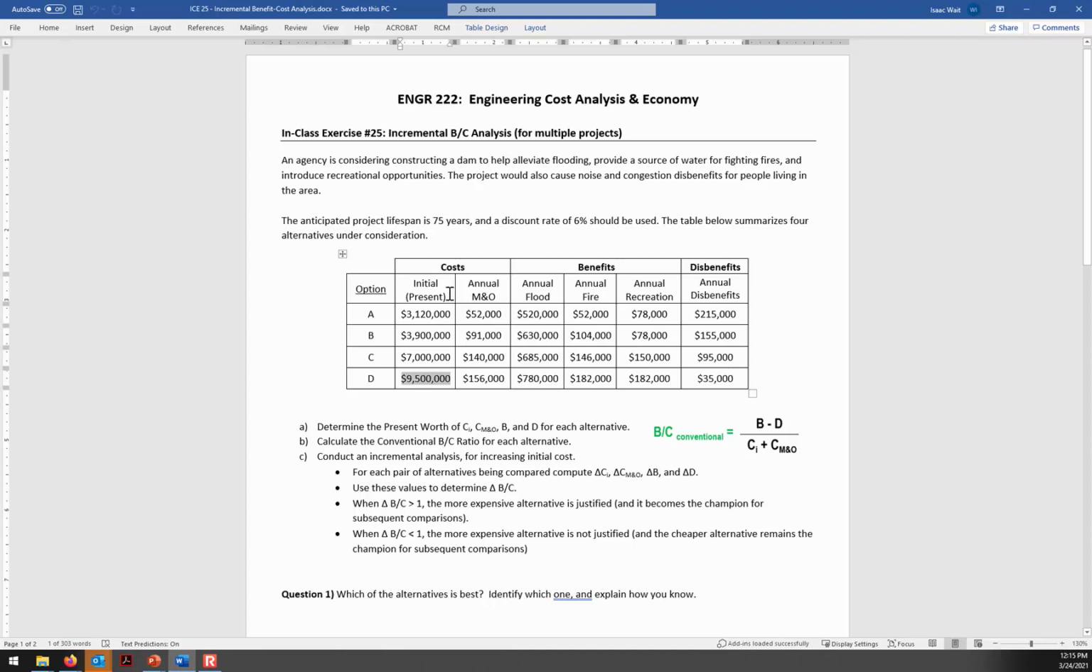And so if you build a small one, then you'd get relatively less benefits each year. So you can see the benefits that you're getting for this small project are less than the large project, which gives you more benefits, and there's less disbenefits. And so we don't know something about the projects themselves, but we have the